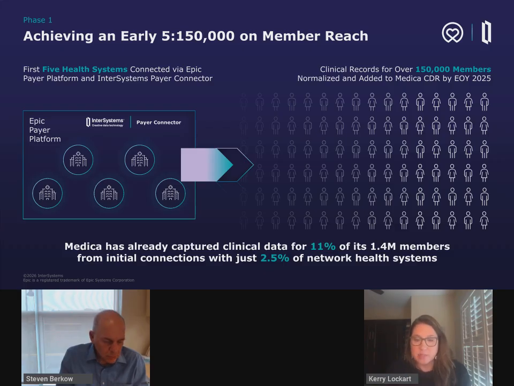Those 5 systems enabled them to see 11% of their members' clinical data. So it really empowered them to show a multiplier as they move forward, how much data and how many members would be covered within that data as they grew this out. I think today they're closer to about a dozen and have captured some of those really big health systems that they knew were going to be the bulk of their membership. So this really just shows you that even early on, you can start to get some value and be able to demonstrate that and see it.